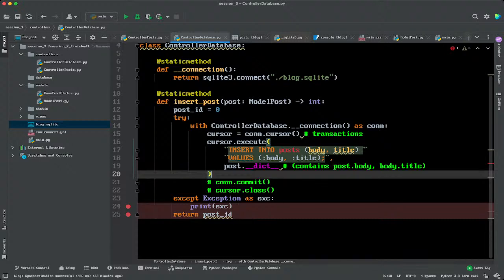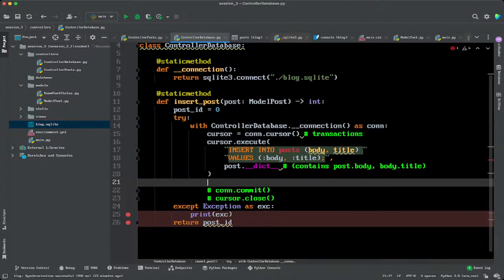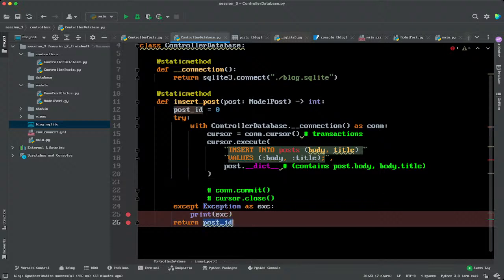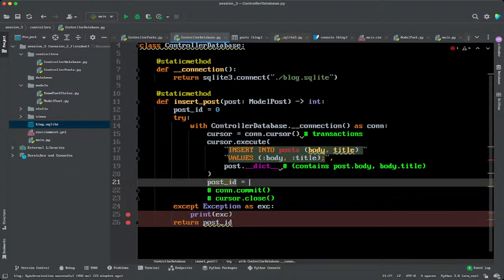So for SQLite, to get the last inserted record, that is also why we would use the cursor, because the cursor provides the context of what was the last thing which was added. So we can write here post ID equals cursor